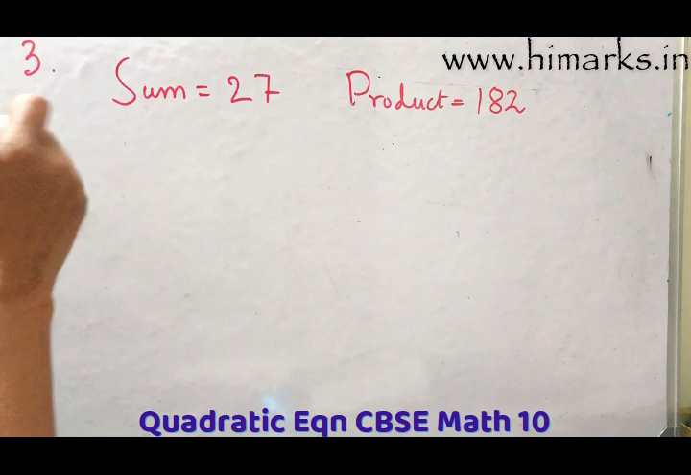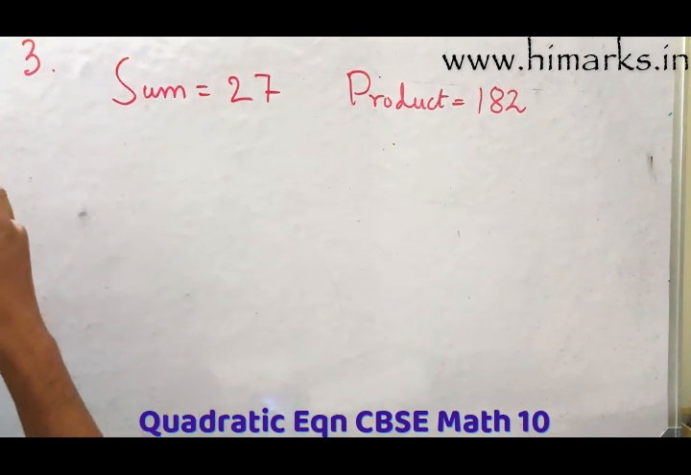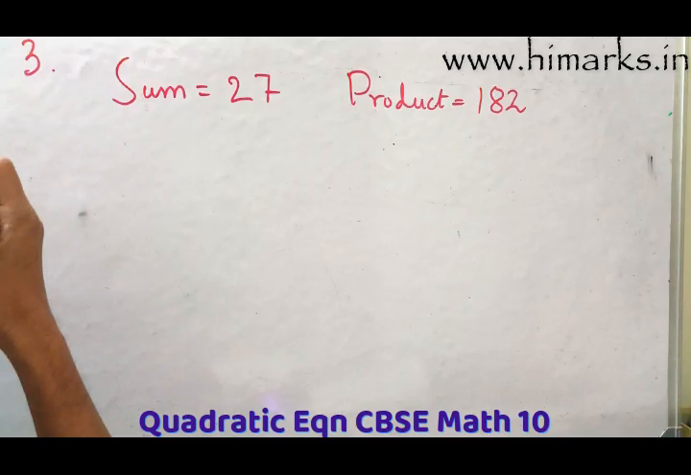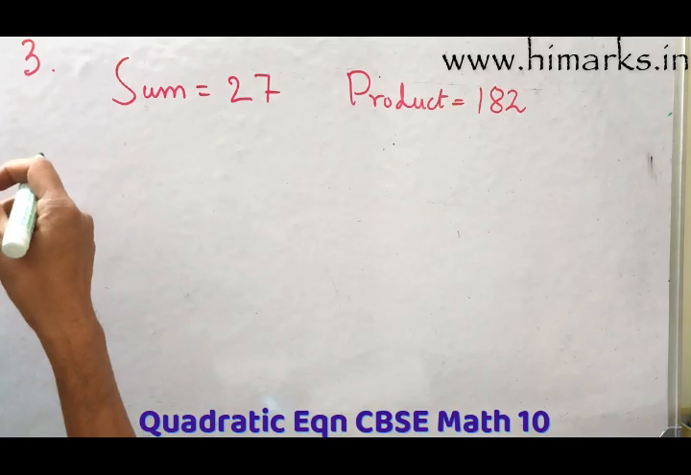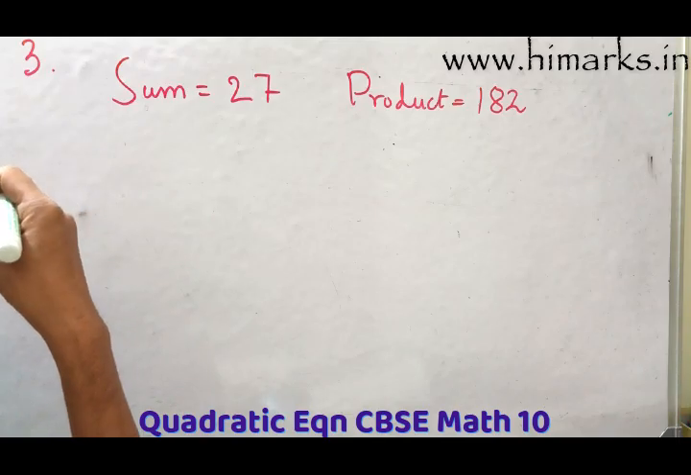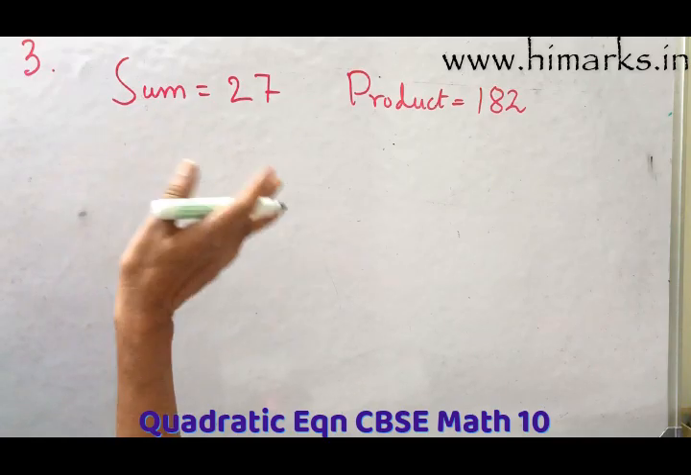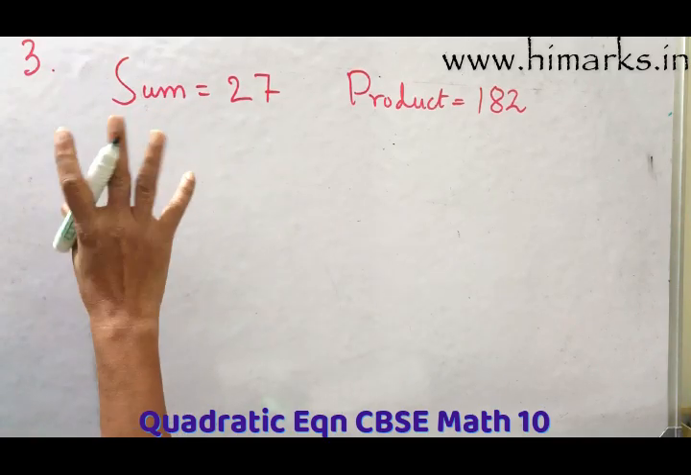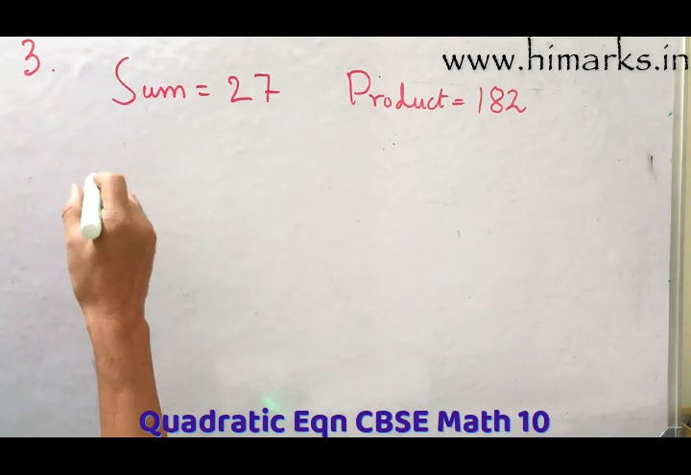See here, the sum of two numbers is 27 and the product is 182. So how to solve this kind of problem? How you can think about it is that, because it is talking about two numbers, you can bring x and y also, or only x. How is that? Okay, so let